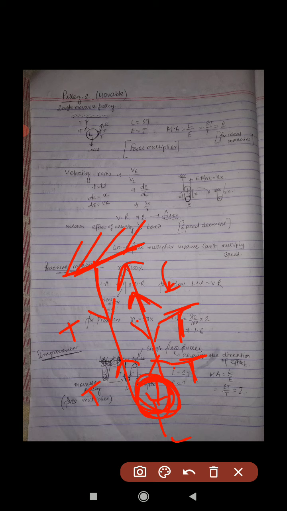Students, what I told, when we are giving effort, this effort is balancing 1T only, so effort is equal to T. But when you are thinking about the load, that load is balanced by two sides, T this side and T this side, because on the rigid side a tension force is working, and on this side also. When we are giving the effort, the effort balances one tension, but the load is balanced by two-side tension. That you need to understand, then it will be totally clear.